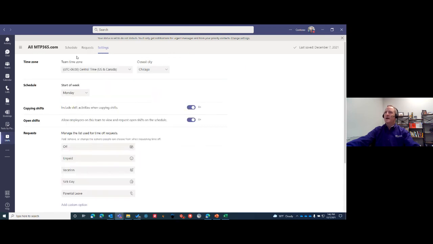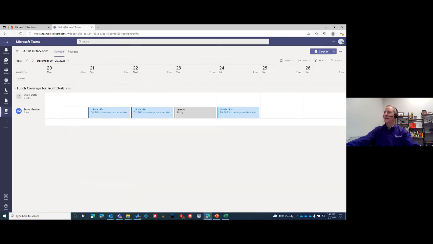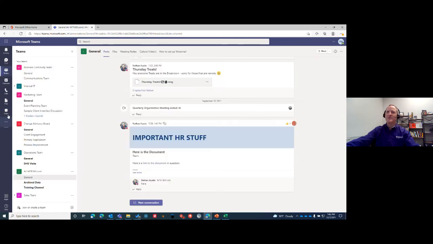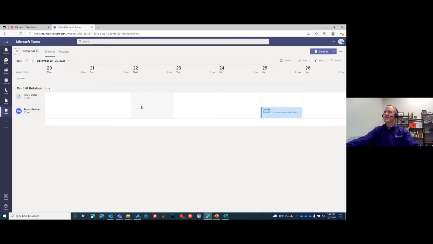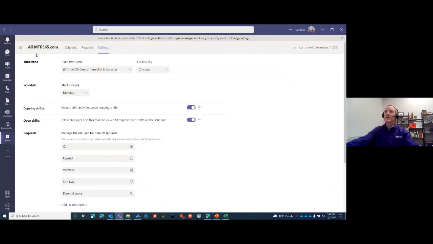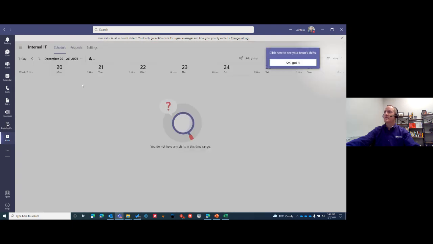So now if I go back to the web browser, in theory the clock in button is available, which was not there a second ago. This is where I can clock in or start a break. To give you an example of the data, I actually did clock in yesterday into a different team, internal IT. Oh, shoot, sorry. I'm in the team member view. I need to be in the manager view. I'm sorry. In the manager view, I did build in